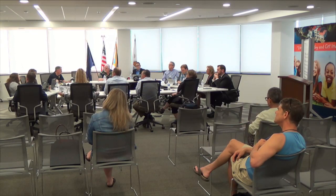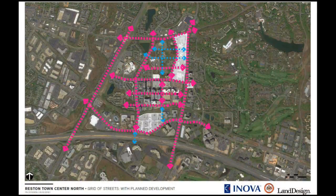The next slide then is a representation of, back to plan view here, the aerial of the connectivity that exists in pink or red there around the site with the major thoroughfares. Obviously, that's not every street, but the main streets in the existing grid. And then the blue represents the idea of how this site and others and the grid would begin to continue through the Reston town center area to provide that north-south link that goes right through this site all the way down, through to Sunset Hills and further to the metro, and then also the crossing there depicted of the toll road